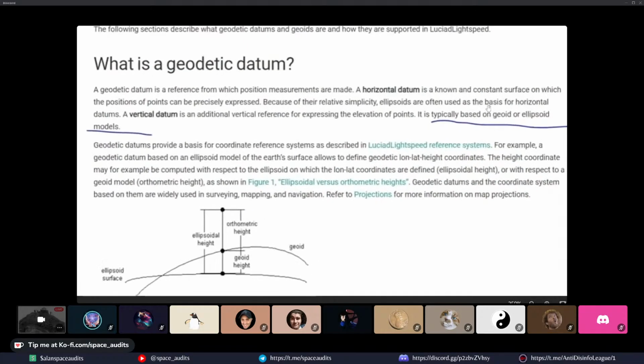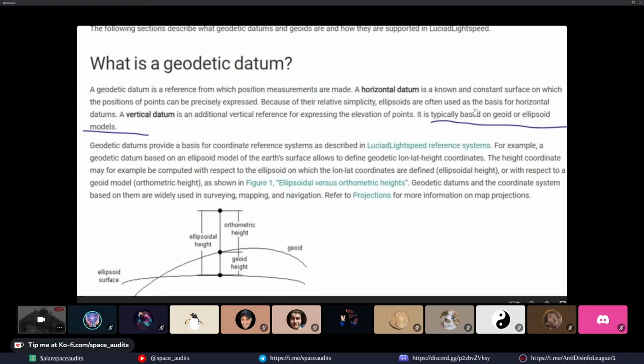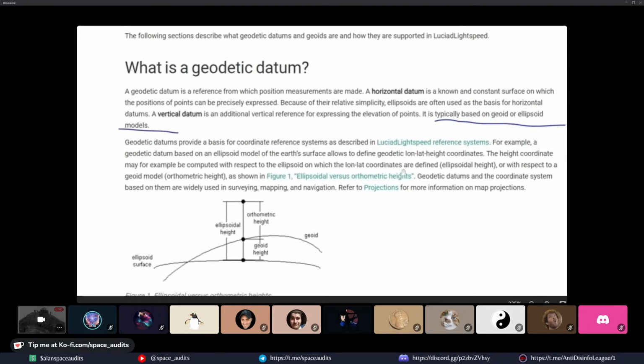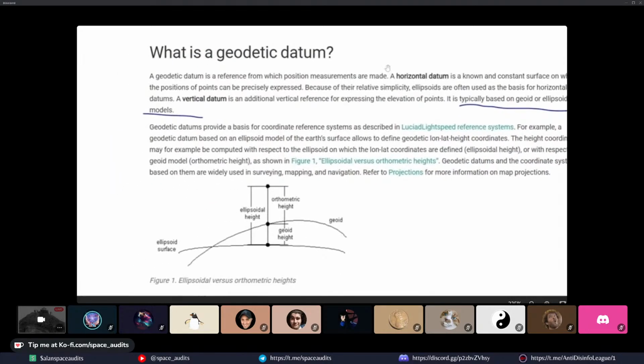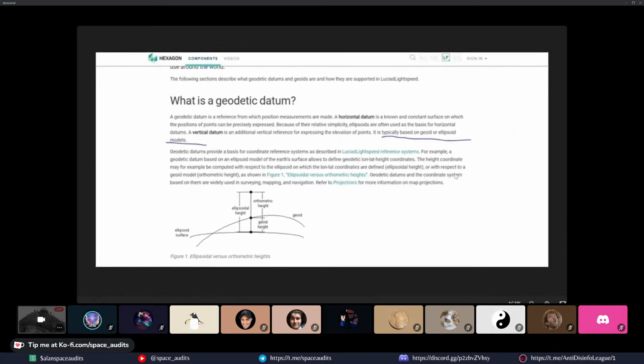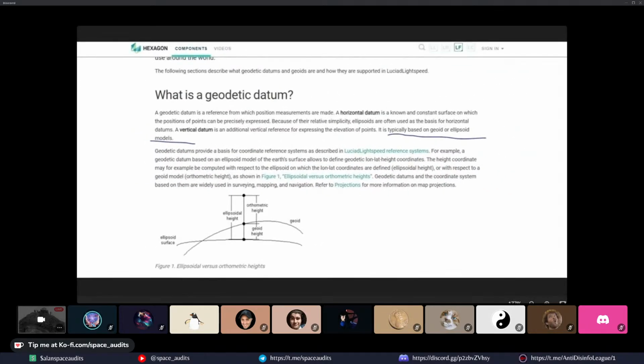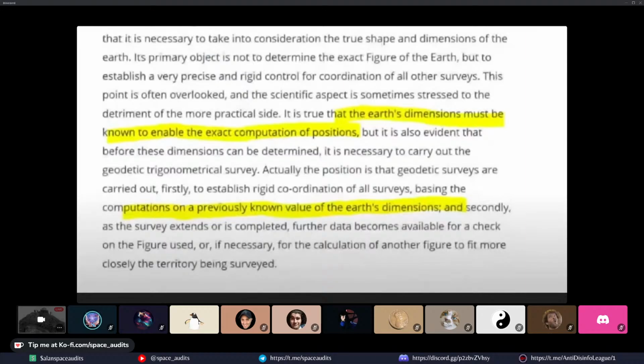So it seems that they've already started by assuming an ellipsoid, and then, oh look, there's the geoid, the geoid height, the ellipsoidal height, the ellipsoidal surface. So yeah, it looks like we're starting off on the right foot. And then we're trying to figure out what is geodesic surveying. And then if we look from Whitsett's debate, we learn that actually